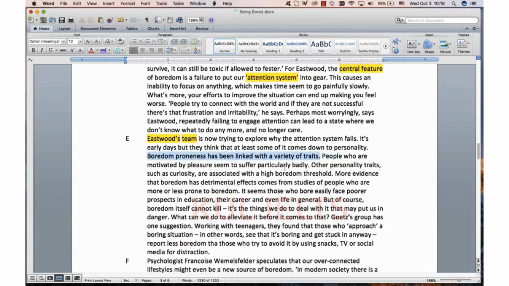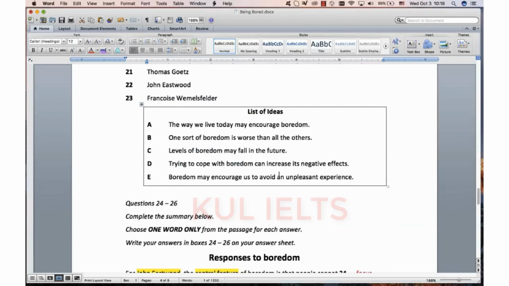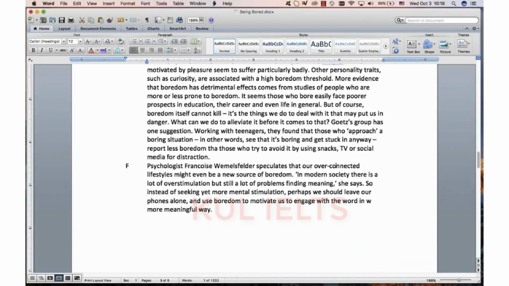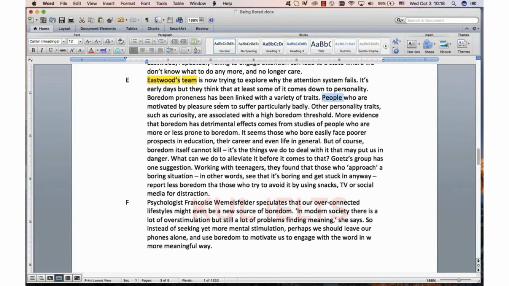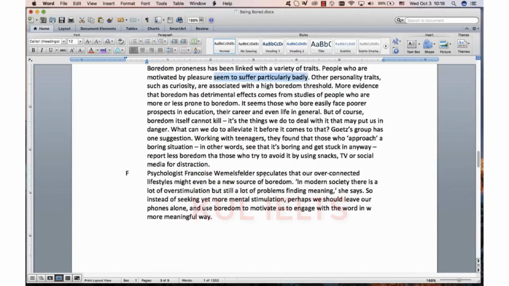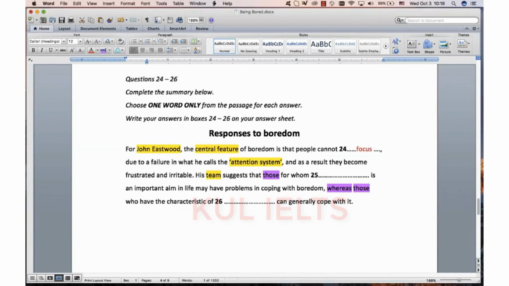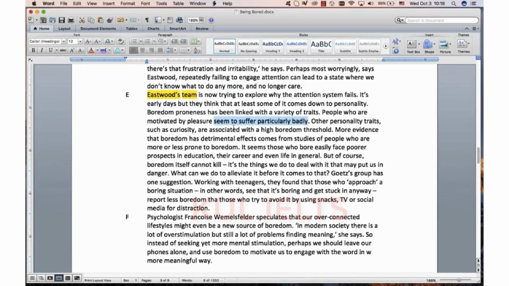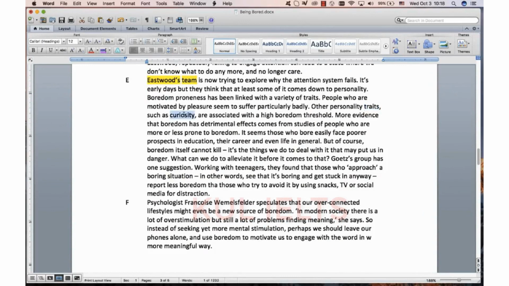So there they introduce the traits. Now a word for characteristic is trait. That's important vocabulary. So this is where they have introduced the characteristics. Here's the people. Remember they said those and those. So here we're talking about the people. And then here is the negative thing. Suffer. They suffer badly. They have problems coping with boredom. And then where is the uncountable noun there? It's over there. Then the contrast is the other personality traits and characteristic of, trait of,